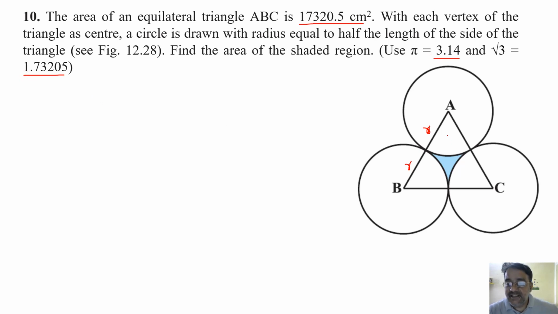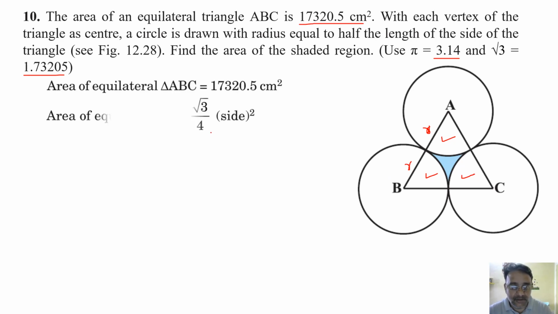So very easy concept. Equilateral triangle में ये तीनों sector minus करना पड़ेगा. Then we'll get the area of shaded region, okay? An equilateral triangle area is also given, but in order to find the area of three sectors, we required radius, okay? So first of all, we'll use the area of equilateral triangle formula. What is the area of equilateral triangle? Root 3 by 4 a square, that is side square.